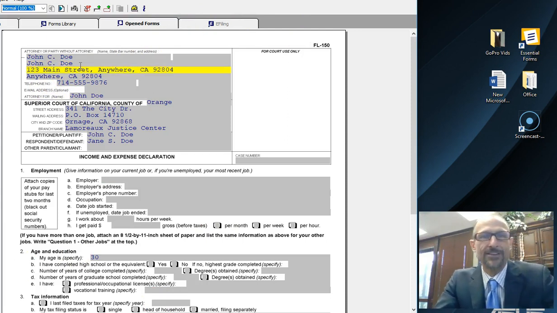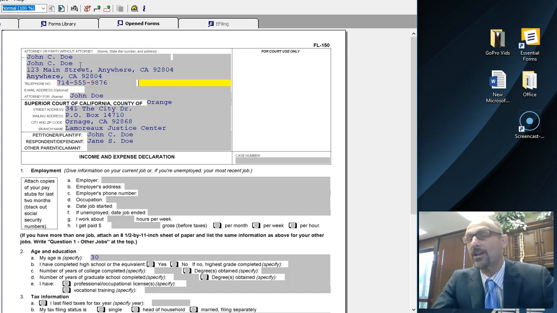On the one on the screen, if you can see the video, if you can see the form, you're going to see the names there twice. You don't have to write your name twice. It's just the computer software that we use actually puts it in as the client's name and then also as the attorney. So if you're representing yourself, my software puts it in twice. Don't worry about it. You just need your name once, your address, your phone number,